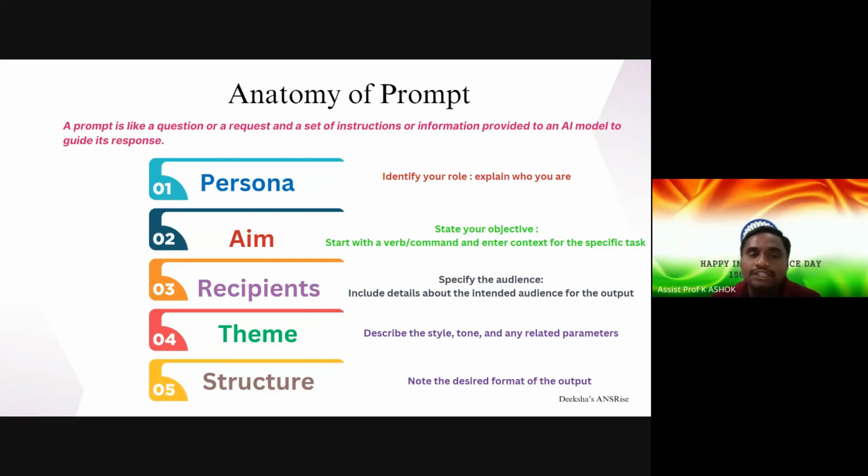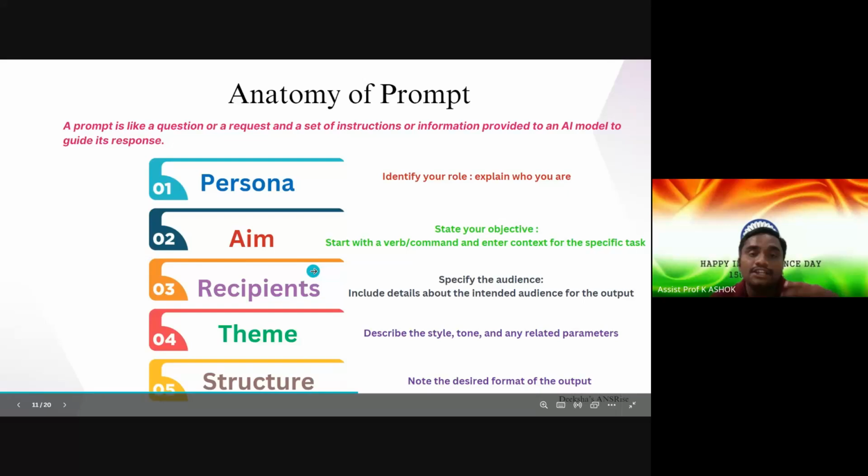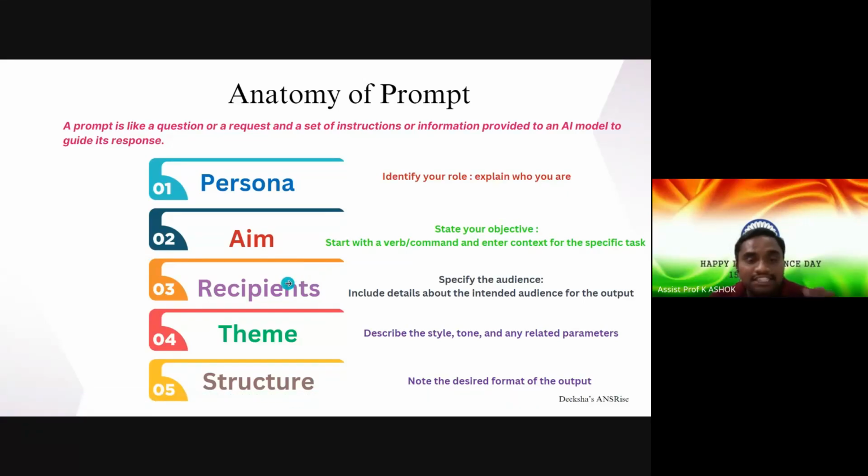Many people are using ChatGPT, Gemini, and Meta AI, but they are not writing the prompt professionally. This is called prompt engineering. I'm telling you, a new engineering branch is going to come. IITs have already implemented this. Now it is going to come to the autonomous colleges very soon, like AIML, prompt engineering. Prompt engineering is simply designing a proper and perfect prompt so that the system